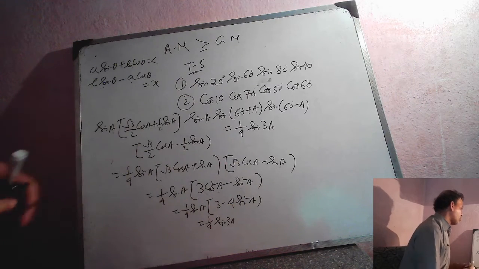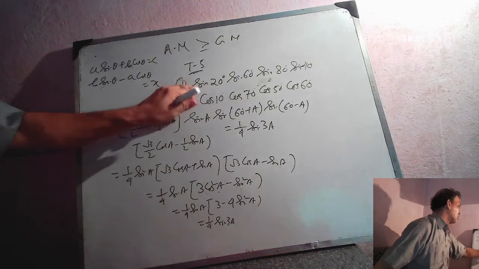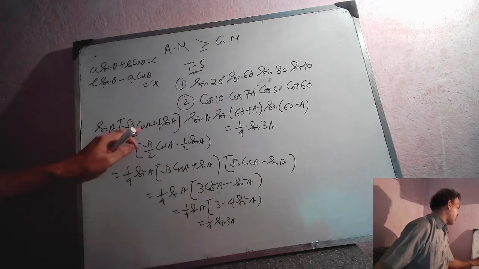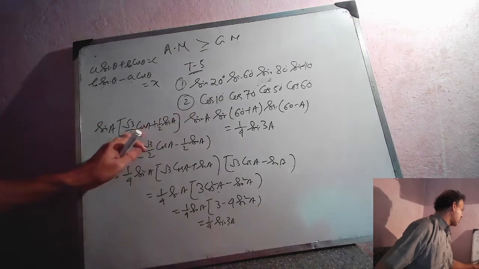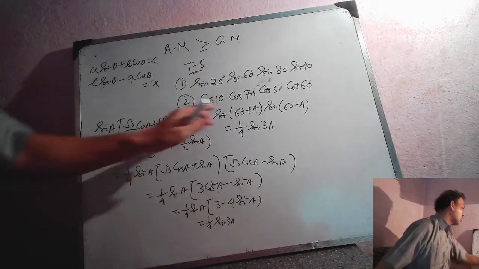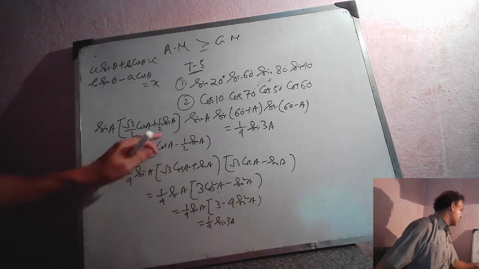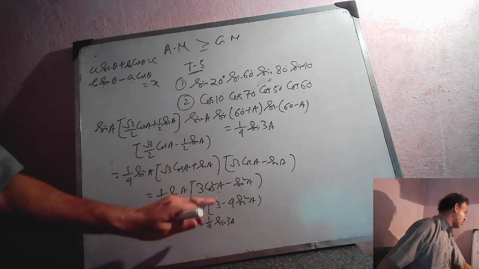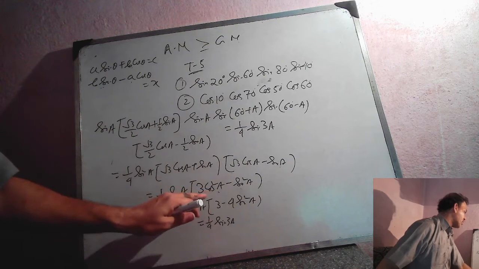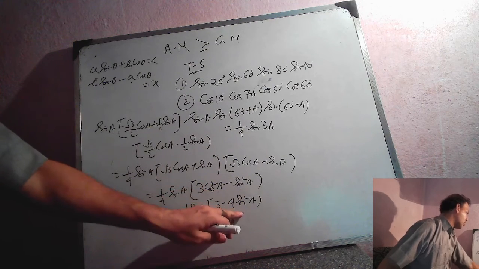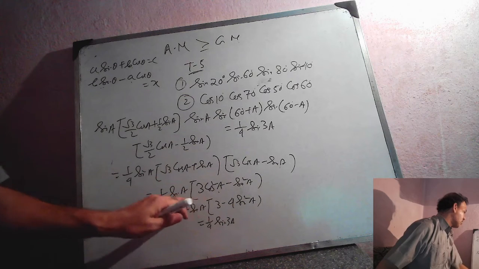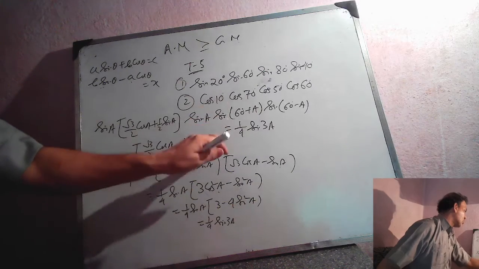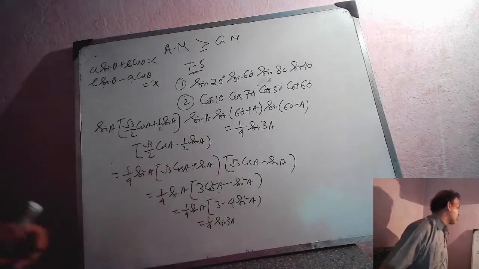Now we will apply it to solve question number 1. Sin A plus B, sin A cos B, sin 60 root 3 by 2, cos 60 half, A plus B, A minus B, A square minus B square. Now we have split cos square A into 1 minus sin square A, so 3 minus 3 sin square A minus sin square A, 4 sin square A, then multiplied by sin A, 3 sin A minus 4 sin cube A, sin 3A. So this equals 1 by 4 sin 3A.